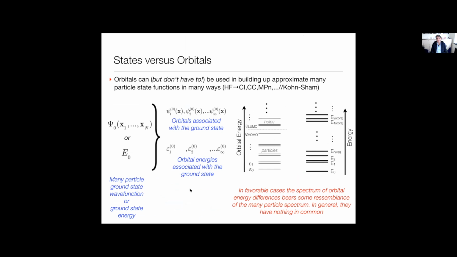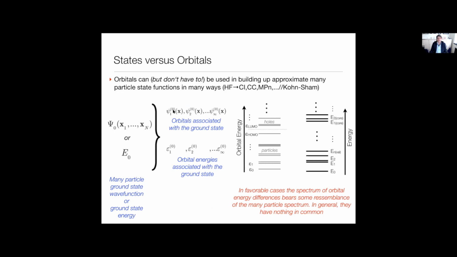And let me make this clear: the difference between states and orbitals. What I just talked about is states. And in quantum chemistry, you never call an orbital a state. An orbital is a 1-electron function, and there are a million ways you can generate orbitals in Hartree-Fock or DFT or any flavor of DFT. There are many, many different classes here to generate orbitals, and they're quite typically optimized for a given approximate state, right? So orbitals arise in the so-called independent particle wave function when the many-particle wave function is approximated by an antisymmetrized product of 1-particle wave functions, which are the orbitals.